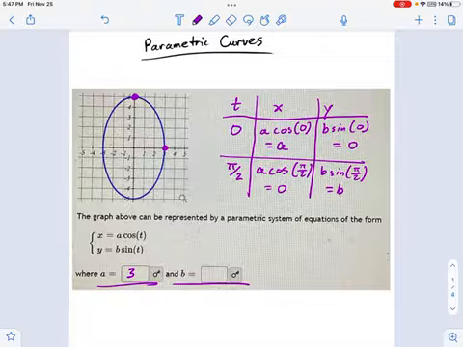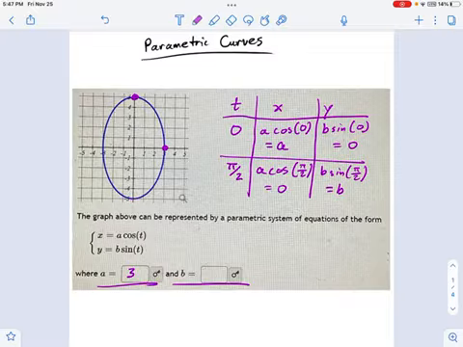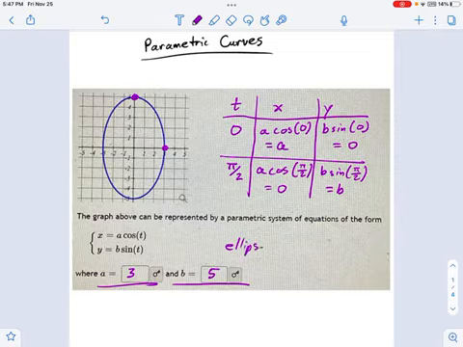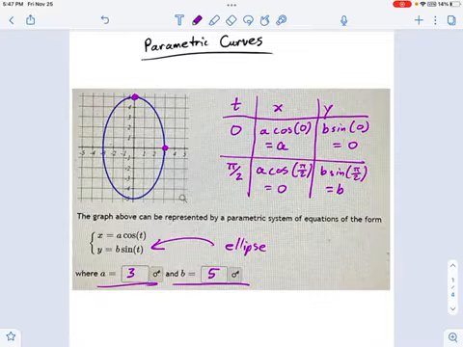Now you could say, well, how do you know it's not down here? And yes, you raise a good point, but I'm just going to keep things simple and say b equals 5. If you said b equals negative 5, fine, that's great. In either case, you're getting the idea. What we have here is an ellipse. Okay, that's what this parametrized set of equations describes. It describes this shape.